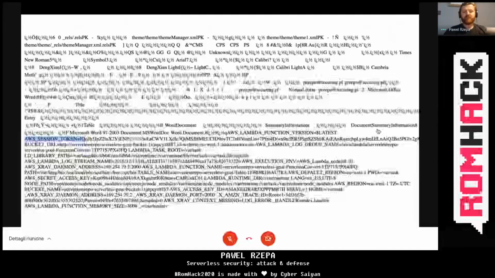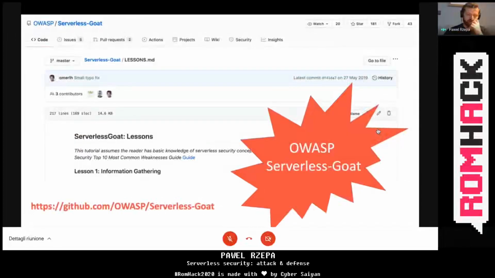Using all those three parts, you can assume a role that is attached to this particular Lambda and do whatever is allowed by this role.